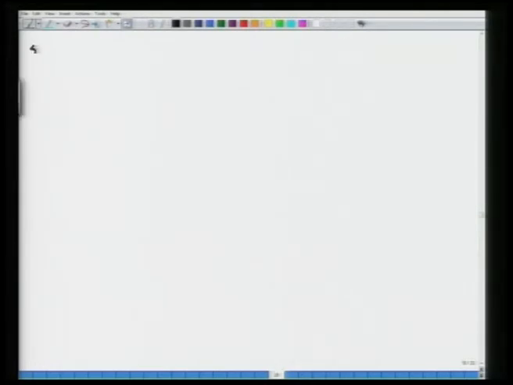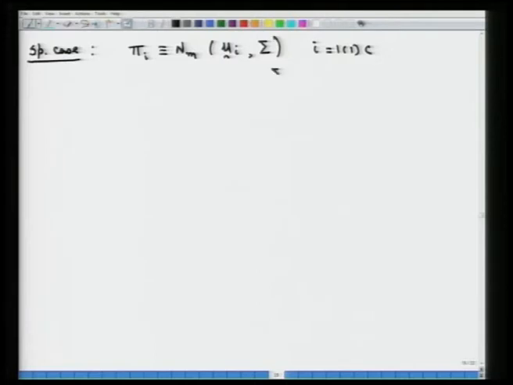Right. Now if we take a special case of the previous multivariate normal populations, where these pi I populations are multivariate normal, m dimensional, with mean vector mu I and the same covariance matrix sigma for all the populations, I equal to 1 up to C, wherein the common sigma matrix is positive definite. So we have the C populations pi 1, pi 2, up to pi C, all multivariate normal, with the mean vector different for the different populations, the covariance matrix sigma remaining the same for all of these populations. Then the discriminant score, as in the previous example,